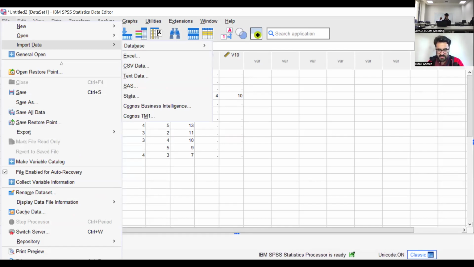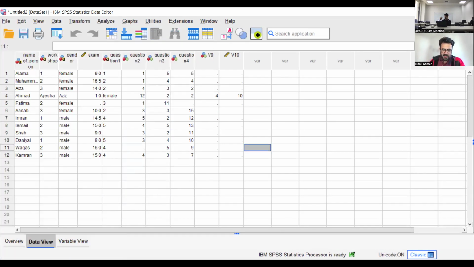So now there is a small exercise for you. I will send a CSV data. Yes, Dr. Adil. Yes, Mr. Tufail, just one question. In one of the students' case, the syntax is showing in red color. I think these are errors.